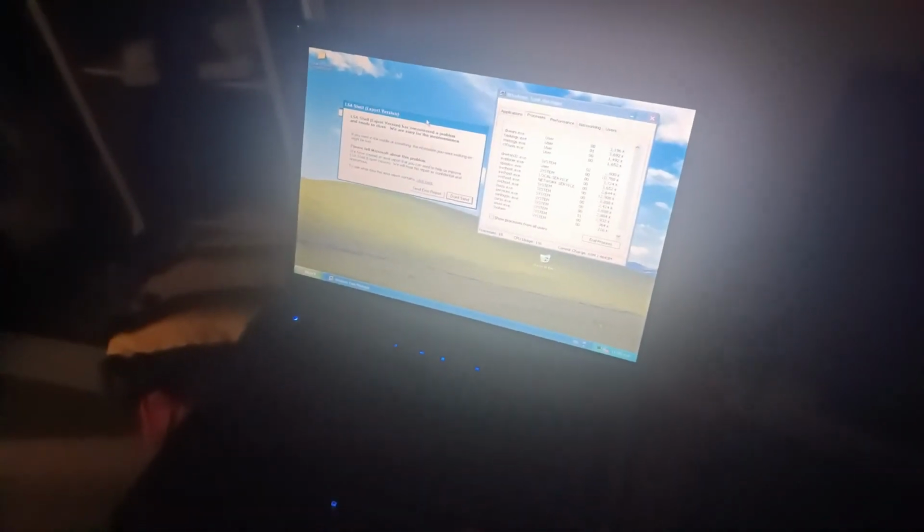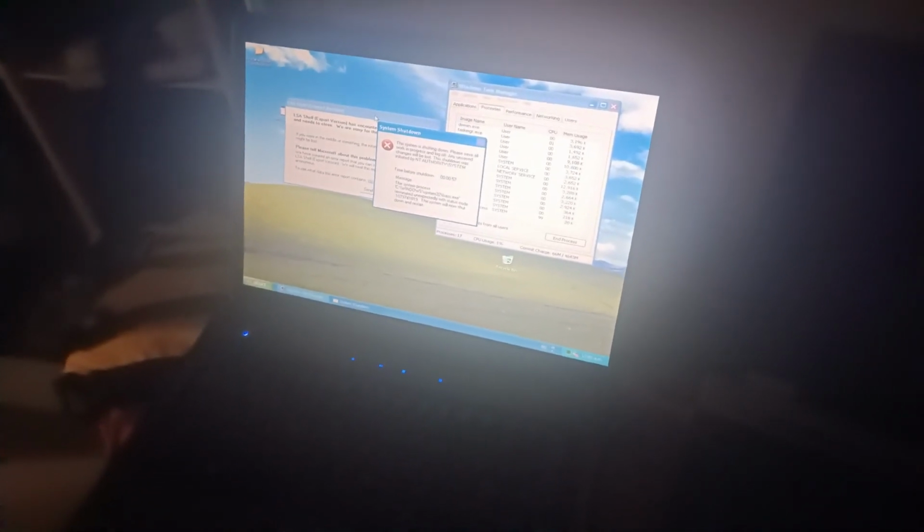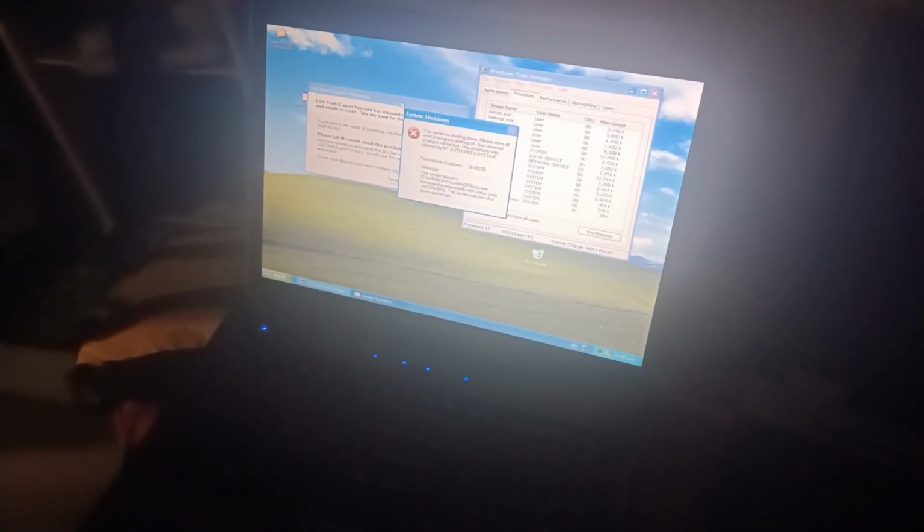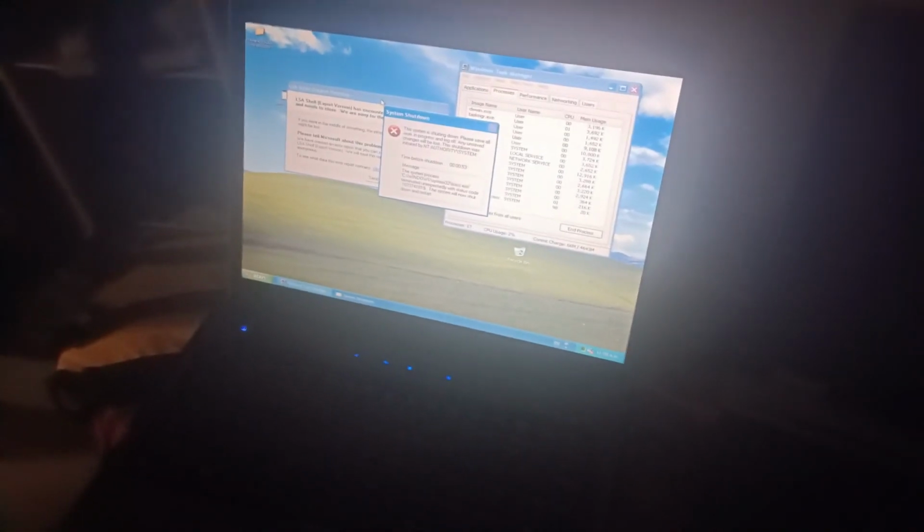Alright, so for the thrilling conclusion of this portion of the video, this machine has actually just died, and it's got no lights on despite it being plugged in. Yeah, that's lovely. We can see that computer 1 has done the LSA shell thing again, Task Manager's frozen, and right on cue it wants to shut down. This LSA shell message has been there for about 5 minutes.